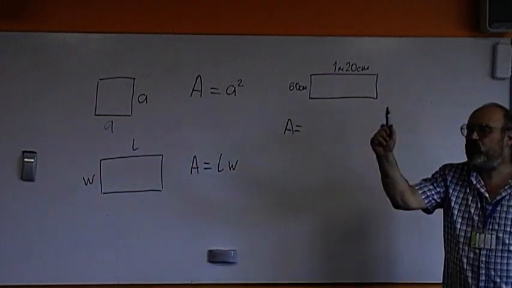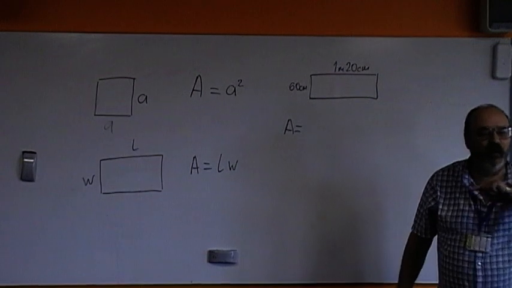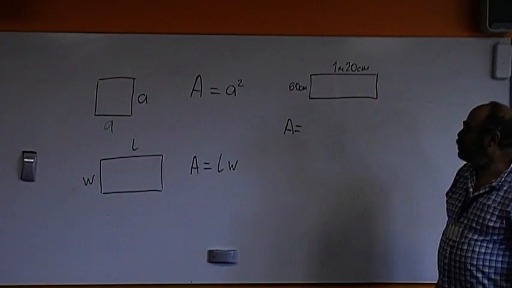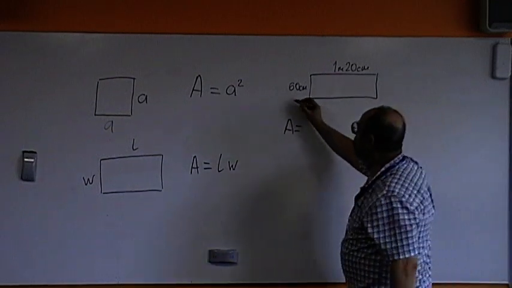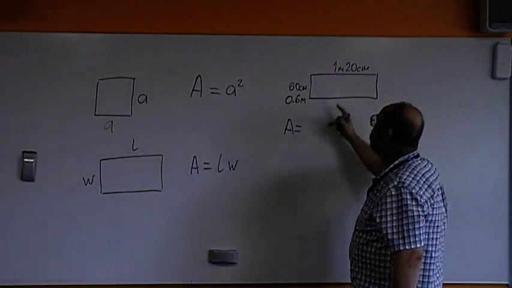What should we do? Convert this. Make them both in the same units. Let's do it in meters. 60 centimeters is 0.6 meters. So now we multiply,